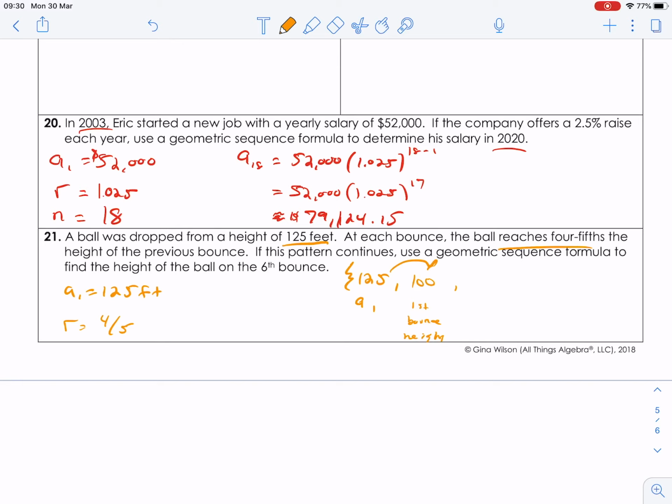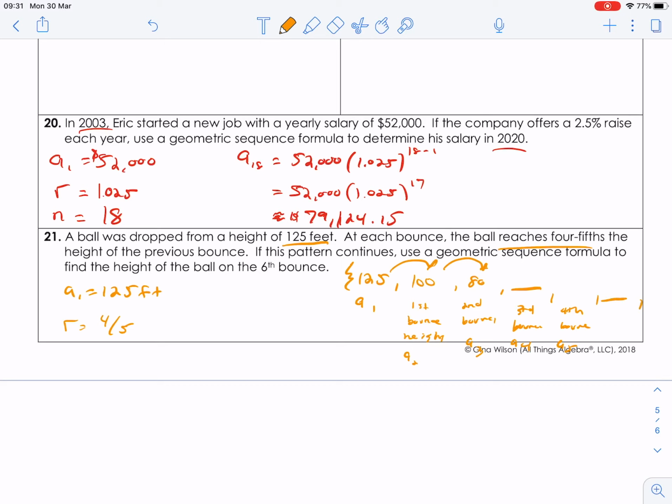And then we have our second bounce. So this is A2. This is going to be A3, second bounce height. And that's going to be 4/5 of 100, which is going to be 80. And then this is going to be A4, or third bounce. This is going to be fourth bounce, or A5,